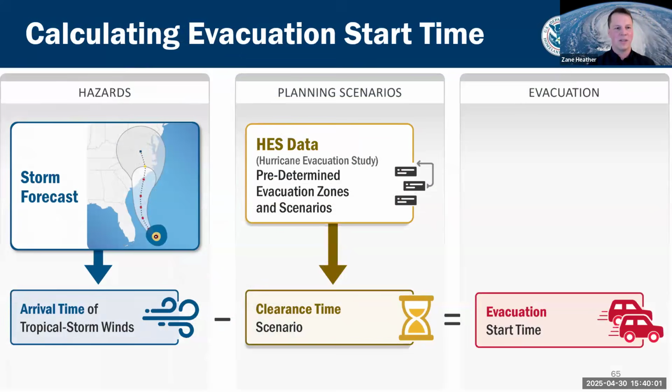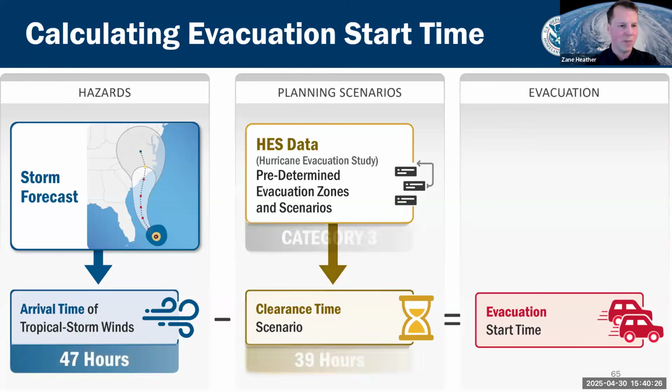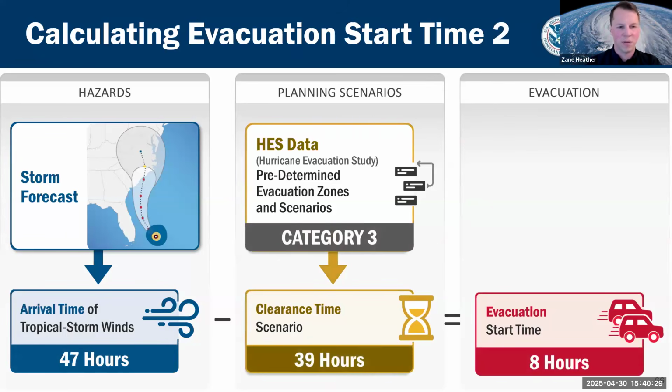And so the calculation of evacuation start times essentially takes the forecast information, predominantly the arrival time of tropical storm force winds. Again, we've got two different probabilistic ways that we calculate that. It overlays that with clearance times developed by the hurricane evacuation study through different evacuation scenarios. And then it does a quick calculation, background math, to produce an evacuation start time. So if we can expect tropical storm force winds to arrive in 47 hours, and we know based off our hurricane evacuation study it takes 39 hours to conduct this type of evacuation,